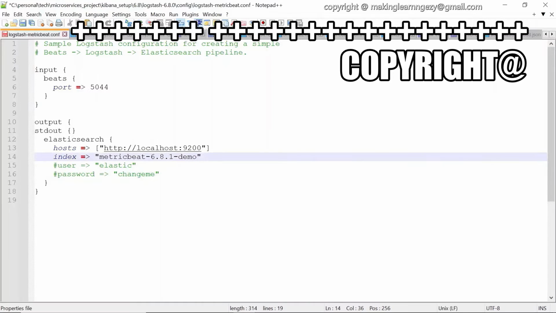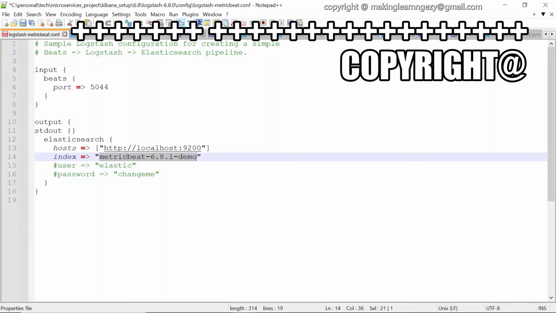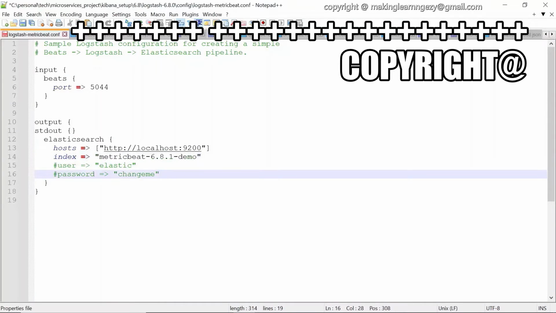So what happens when Logstash sends the data or event to Elasticsearch for the first time? At that time only, Elasticsearch creates the index with this name, and while creating the index, Elasticsearch refers to the index template present in Elasticsearch.